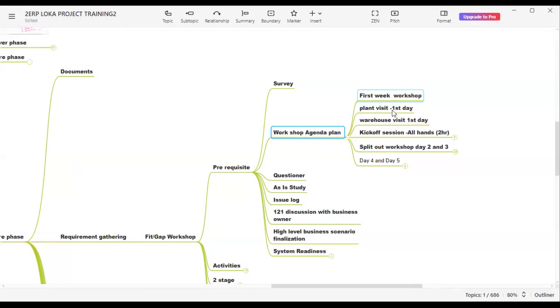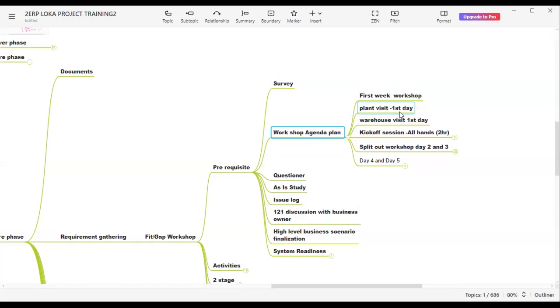Okay. Then on the first day, they will plan a plant visit. A plant can be a manufacturing plant, a warehouse, or a procurement department. They will visit and see what activities are going to happen, and we make a note. This is without gathering any requirement from them. The business has not started to give any requirement.